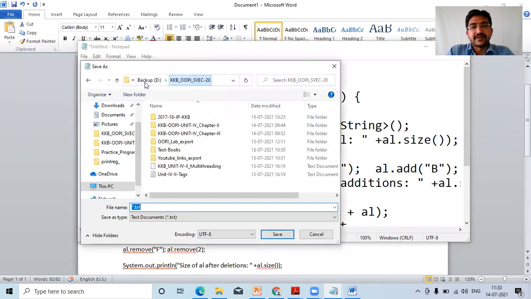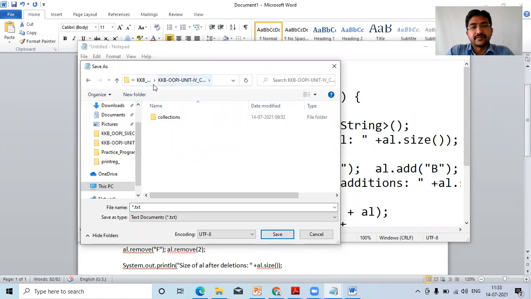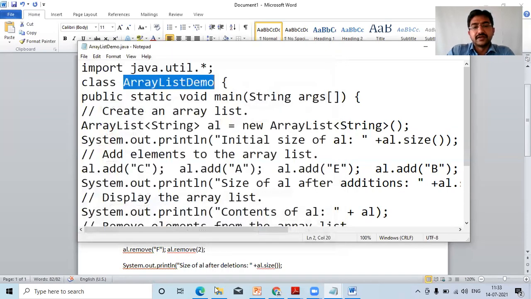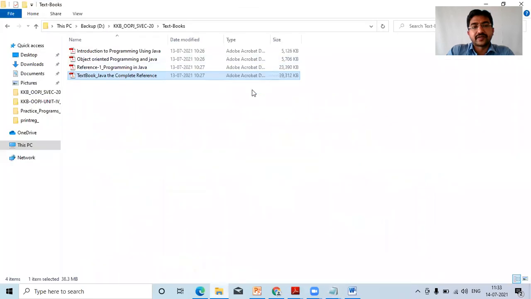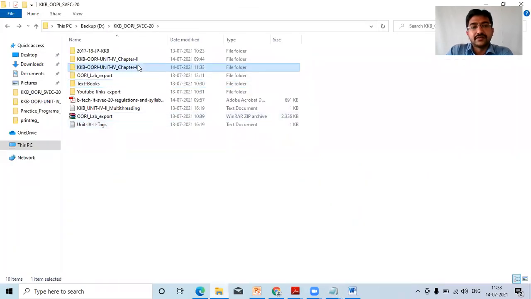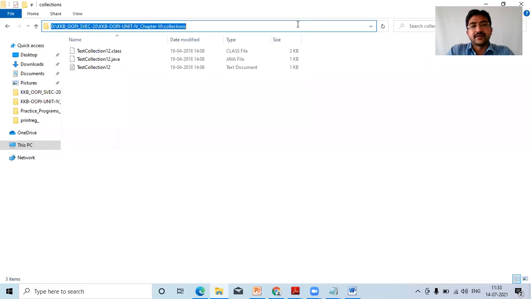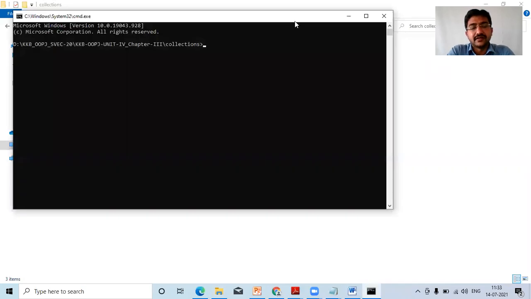We have the collection framework chapter, and this program is on collection frameworks. So here is the program ArrayListDemo.java. Now going to the command prompt, here we have the collection folder.